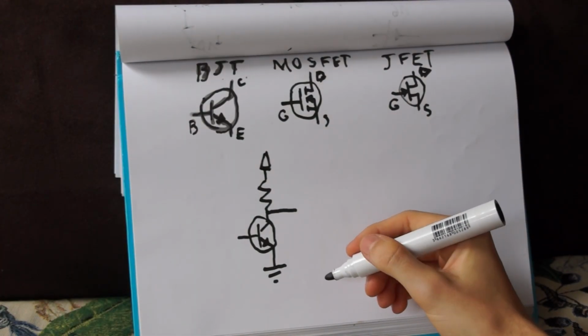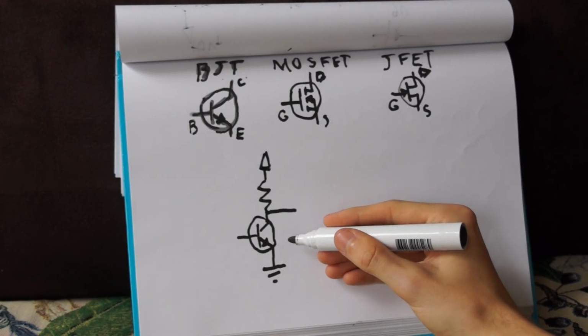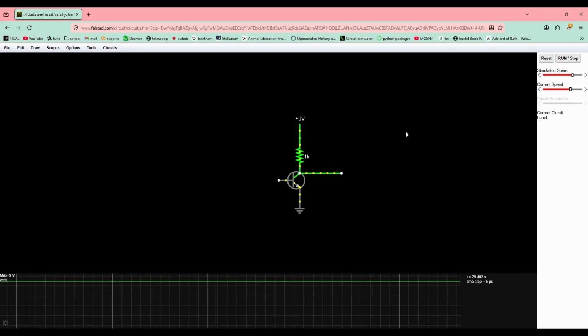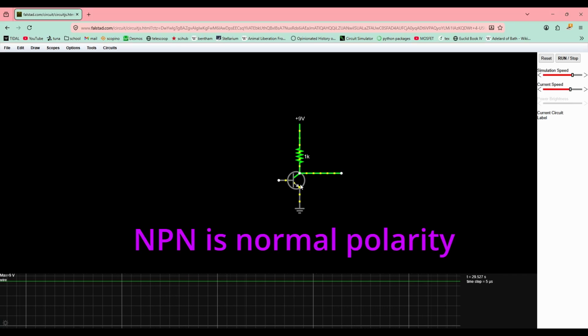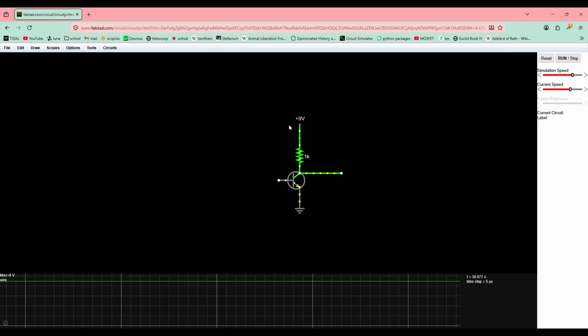However, crucially for our purposes, a transistor can also partially let current go through. Let's move to the simulator to see how this works. Back in the simulator, I have my NPN BJT. What happens here is that if this wire would be open, then we would see some current flowing through this resistor. But the transistor doesn't allow that, because there is no